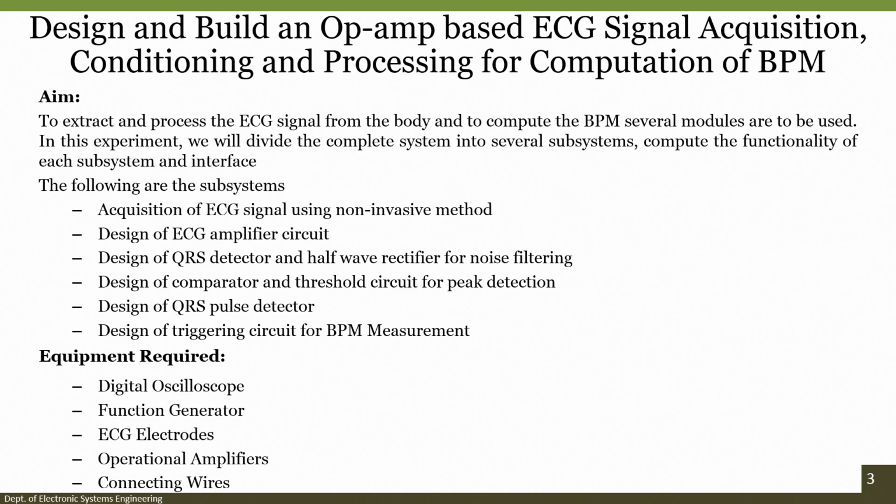In order to understand, one thing is that we should know how we acquire an ECG signal. In fact, the amplitude of an ECG signal will be either in microvolts or in millivolts, and the signal we get is not a simple output voltage. We always have to take a difference between two sources. That means we need to do differentiation. Moreover, since the signal to noise ratio is really poor in the acquisition of a raw ECG signal, we require a proper signal conditioning circuit which can improve the signal to noise ratio, and we also require a filtering circuit to remove the unwanted signals present in the ECG signal.